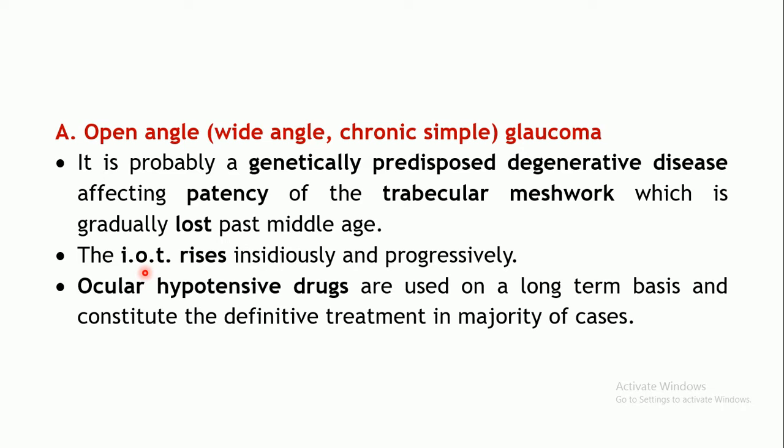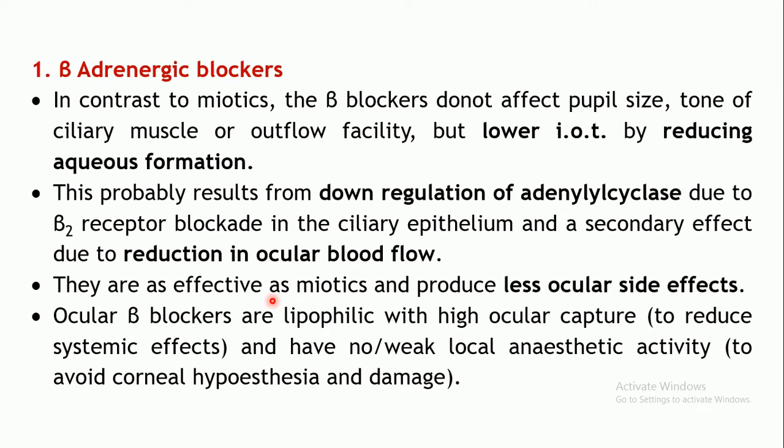For the treatment of this type of glaucoma, usually ocular hypotensive drugs are utilized. Ocular hypotensives are the ones which are used to reduce the pressure within the eye. Now coming to the classes of drugs and their examples, with certain characteristics or their mechanism, how they help in reducing the intraocular tension or how they are beneficial in this open angle glaucoma.